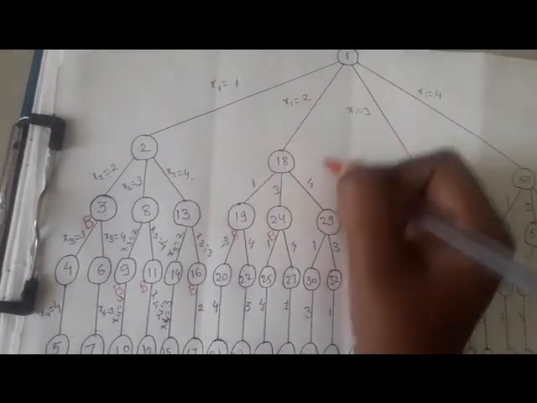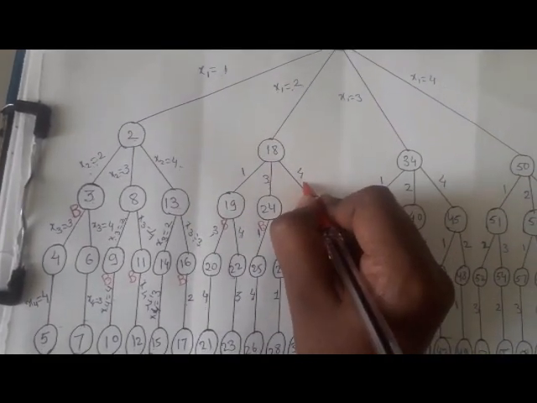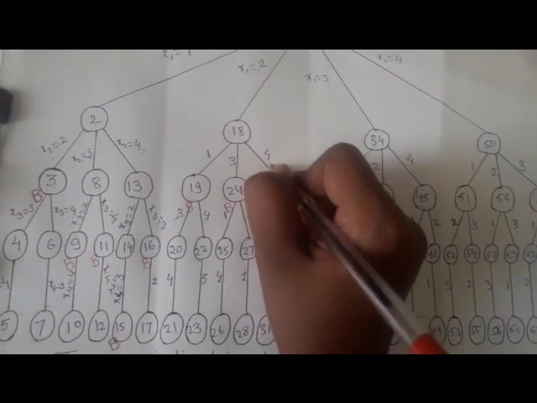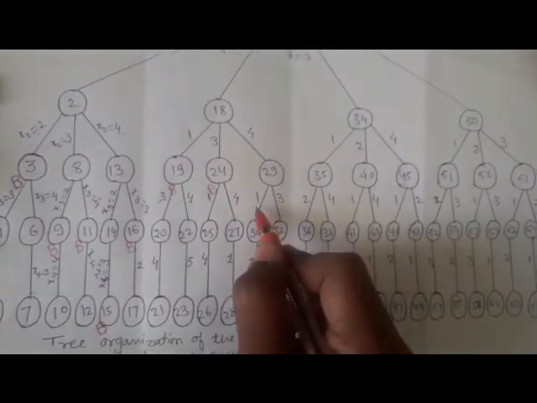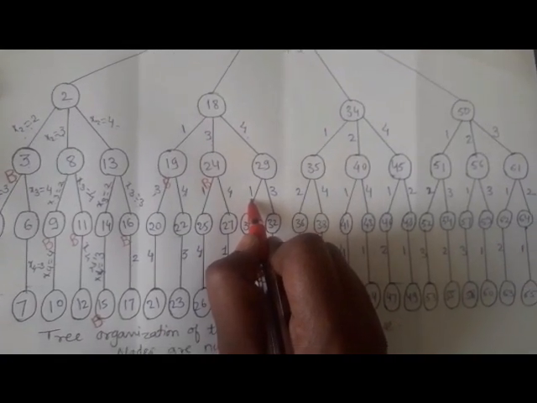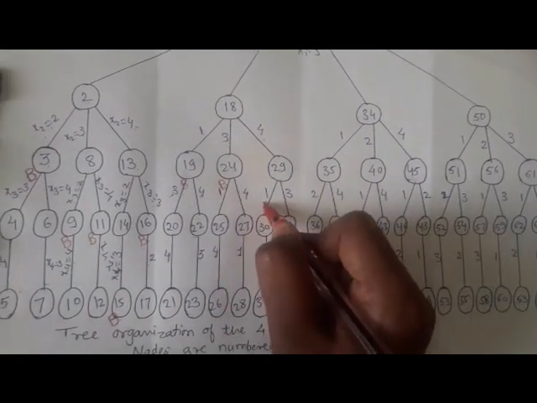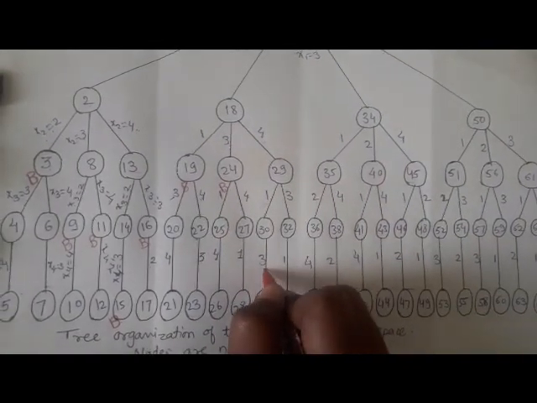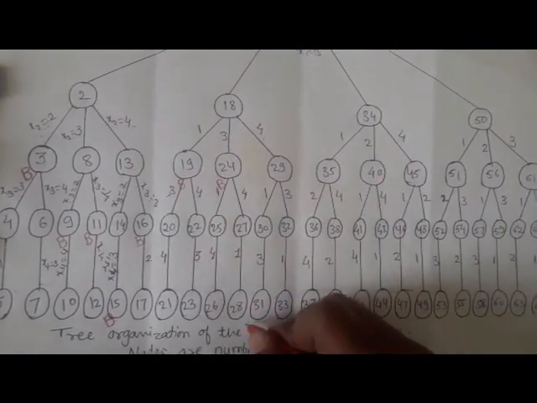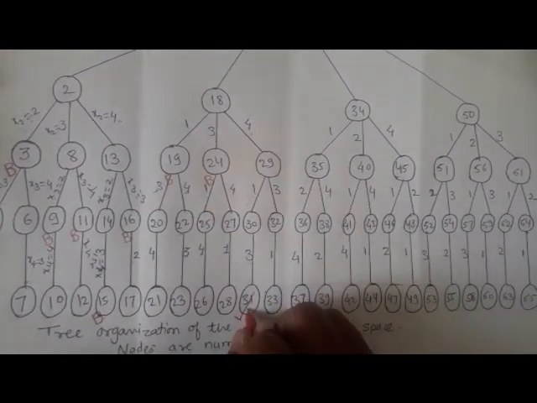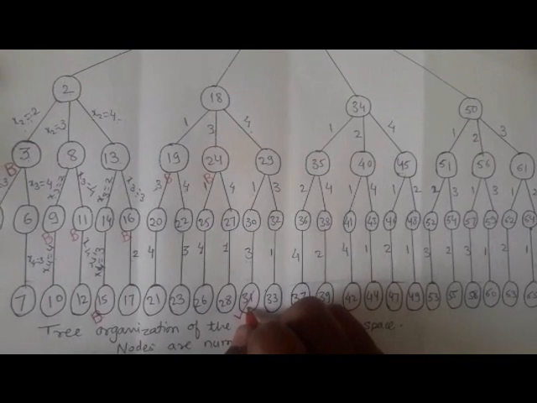Next, now the second queen is placed in the fourth column. Then it is the safe position for the second queen. Now the next queen, the third queen, is placed in the first column. Then this is also a safe position. Now if the next queen, that is the fourth queen, is placed in the third column, then this will be the solution space, or this is one of the solutions for the 4 queens problem.